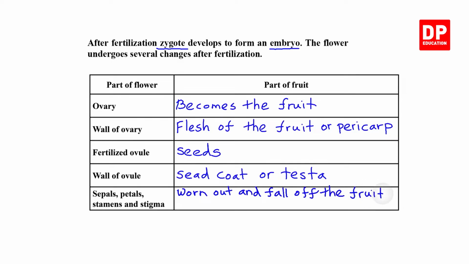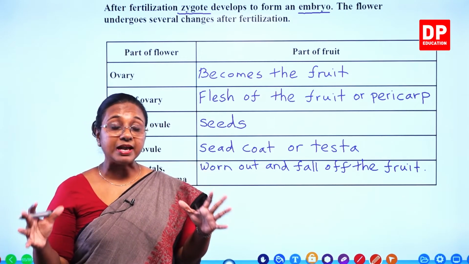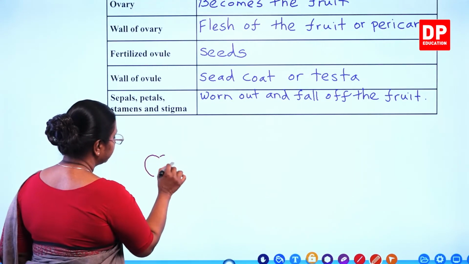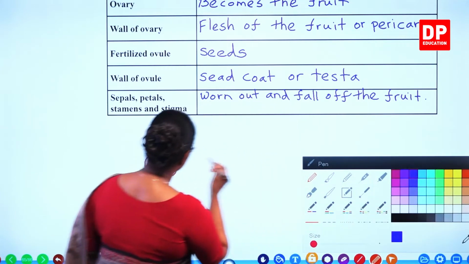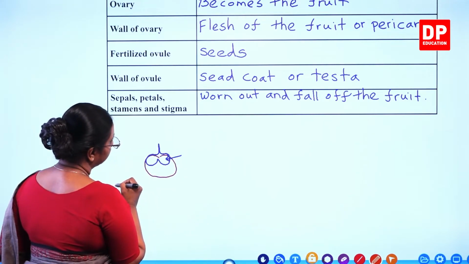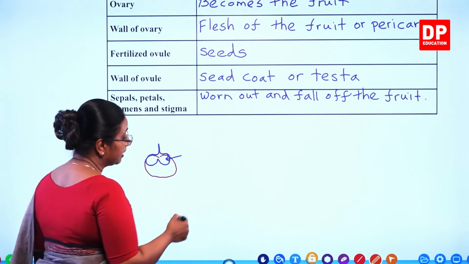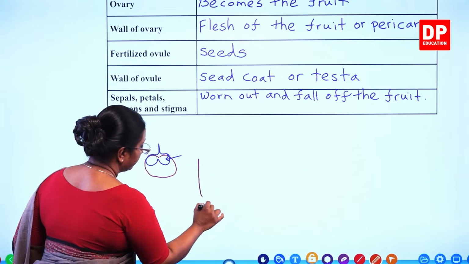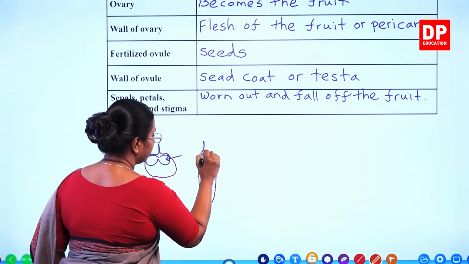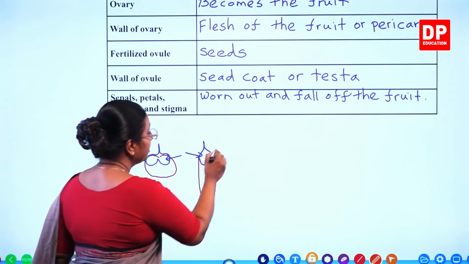But in some fruits, now you all have seen brinjals, guava, mangosteen. If you look at the mangosteen fruit, you would have seen these types of structures. These are the parts of the flower. The sepals and petals can become fleshy, even in brinjals. You have the brinjal fruit, the vegetable. Here you have this structure, this is how you normally draw the brinjal. These are either sepals or petals. They become fleshy